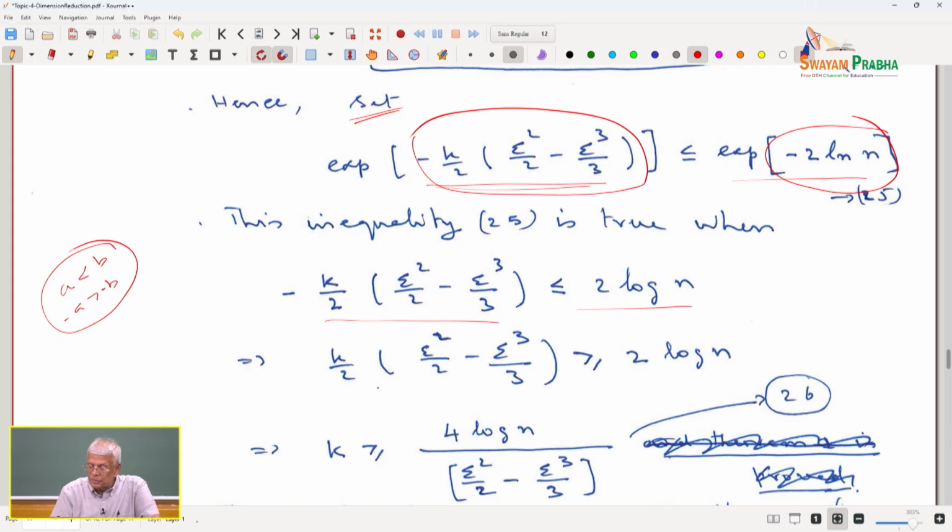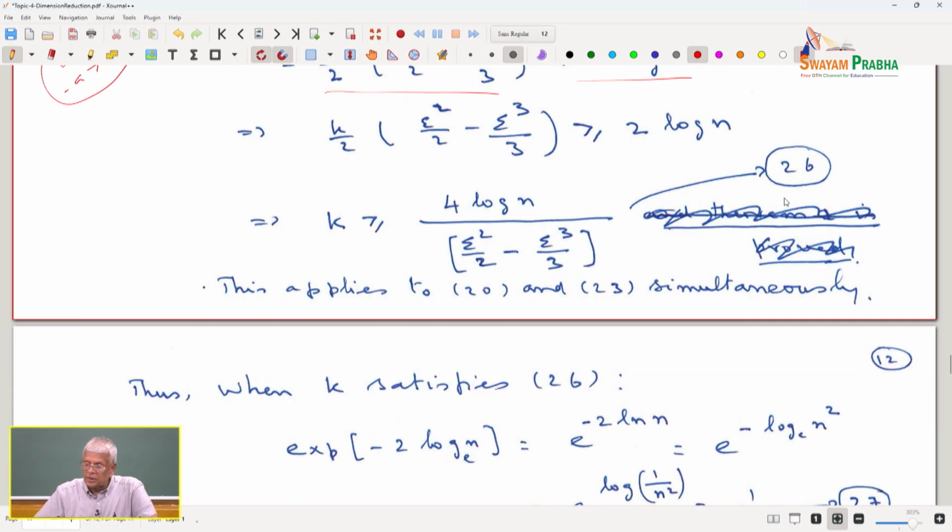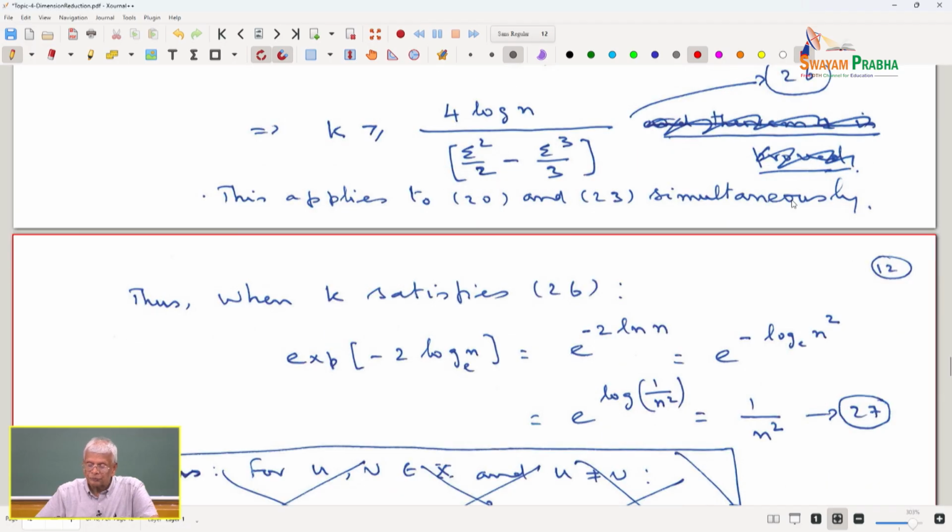So k by 2 times epsilon square by 2 minus epsilon cube by 3 must be greater than or equal to 2 log n. That essentially tells you my k must be greater than or equal to 4 log n divided by epsilon square by 2 minus epsilon cube by 3. This applies to 20 and 23 simultaneously. So when k satisfies 26,